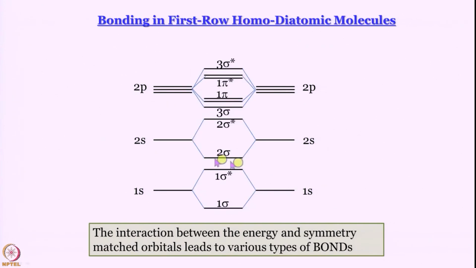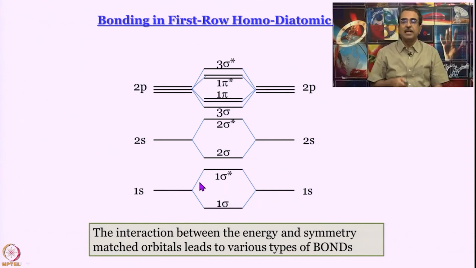The two 1s orbitals participate in a linear combination to give me 1 sigma and 1 sigma star. Now here 1, 2, 3 are just sort of roll numbers. 1 sigma means the first sigma orbital that we have obtained going from bottom up in the energy ladder. 1 sigma star means the first antibonding sigma orbital, and so on. So 2 sigma would form from the two 2s orbitals, and if you go to 2p orbitals,